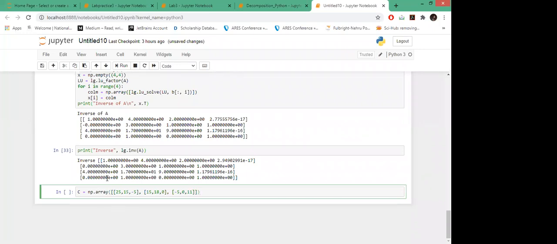Then I will call the function in this form. You can also solve it by taking the upper triangular form, which is one and the same thing. You just have to change the argument.